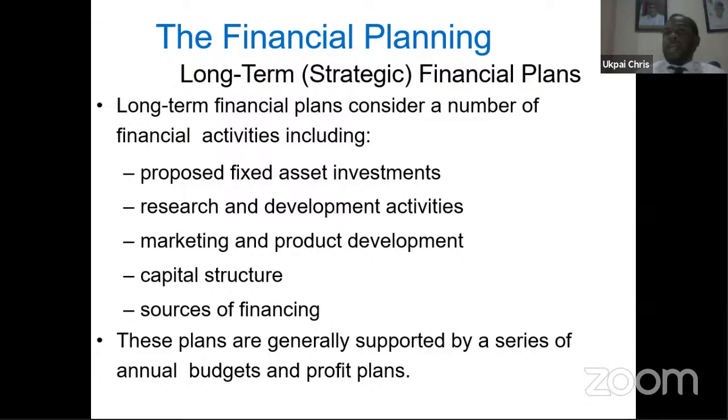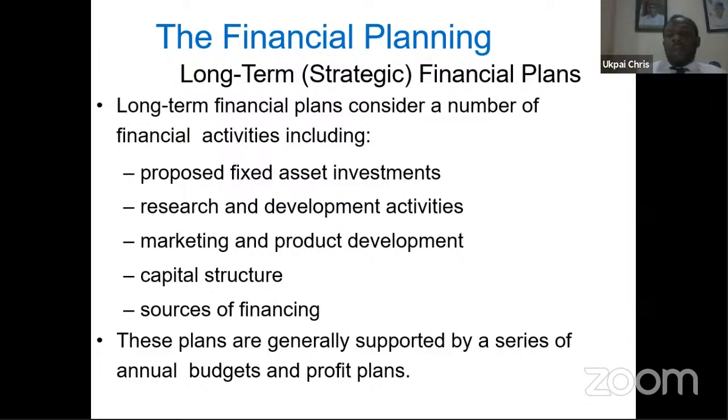What is an asset? An asset is a resource controlled by an organization. When we talk of fixed asset, we're talking about the physical assets, physical properties your company is making use of. Some of the companies, they have vehicles, they have equipment, and the rest of them. Are we together? That's fixed asset. When we talk of fixed asset, we're talking about the equipment you are using for the business activities. Like your business might involve vehicle, some other equipment you are using for production, machines you are using for production. These are called fixed assets.